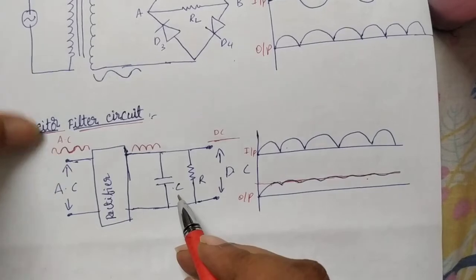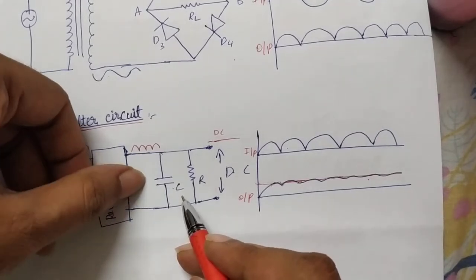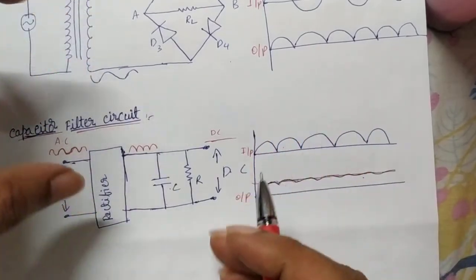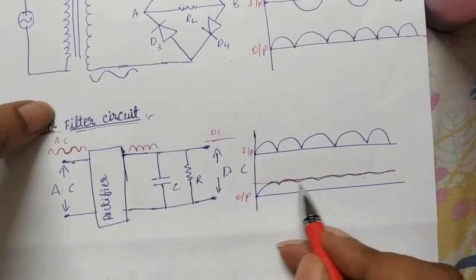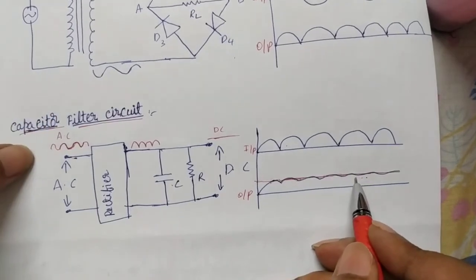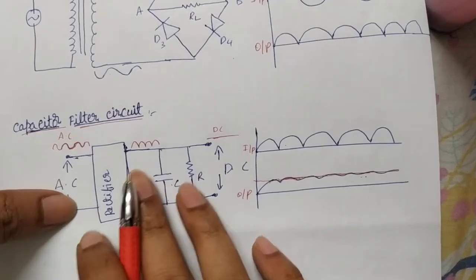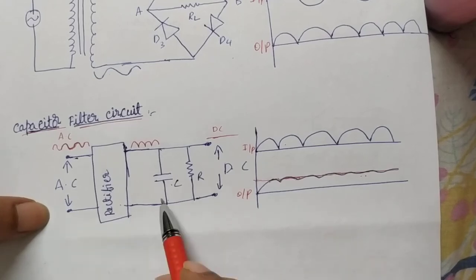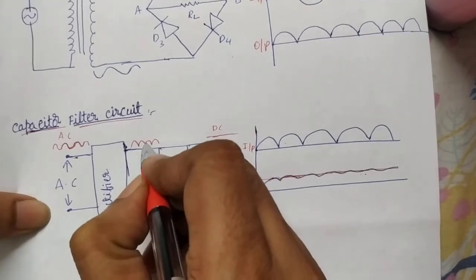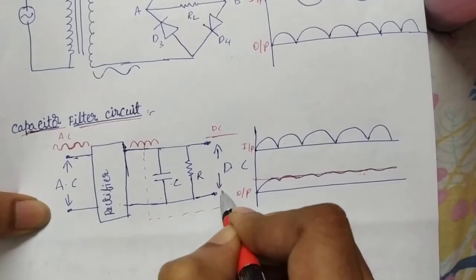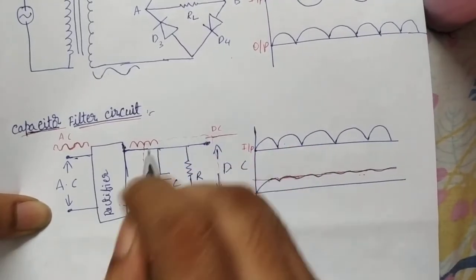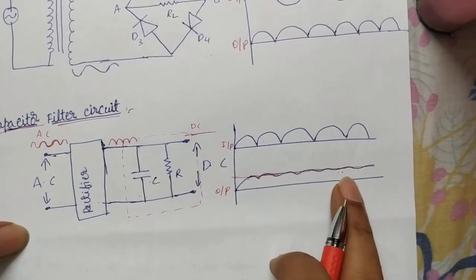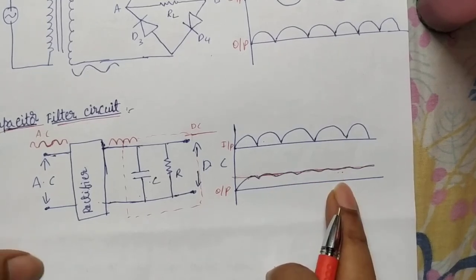Because of the capacitor's nature, the inertia of charging and discharging, it is not able to discharge easily and not able to charge easily. Due to that property, we get a constant potential, a constant current, outside. Like that, we can use a capacitor filter to convert AC into DC. They connect this after the rectifier. This is the AC input, then the rectifier, and after the rectifier, this is the capacitor filter. So this part is the capacitor filter. Of course, we can't say we are getting complete DC here either. A small variation is there, but we neglect that. That is the capacitor filter.